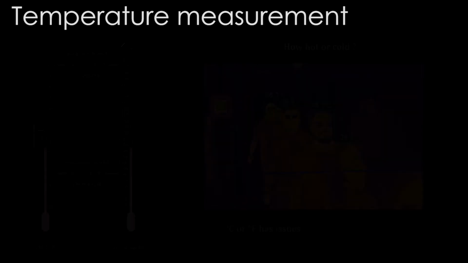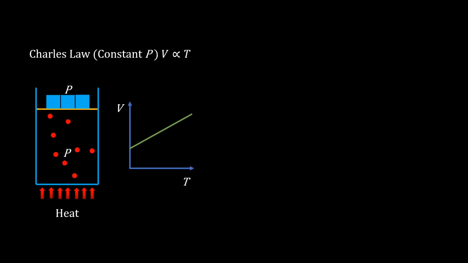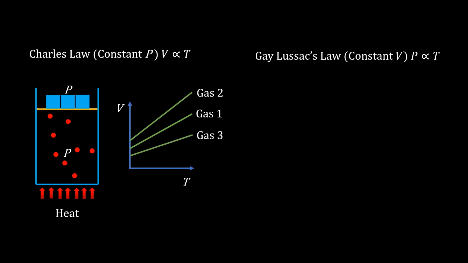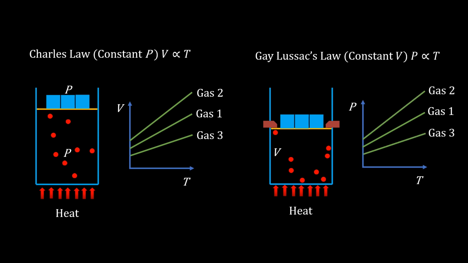That is the absolute temperature scale. To understand it, let's recall a couple of classical experiments. Charles' law says at constant pressure, volume and temperature are proportional. The graphical form is here for, let's say, gas 1. If the gas changes, the slopes of the curves will be different. In Gay-Lussac's law, at constant volume, pressure and temperature are directly proportional. Again, the curves have different slopes for different gases. In these graphs, temperature is on the x-axis. So variation in temperature is captured here.